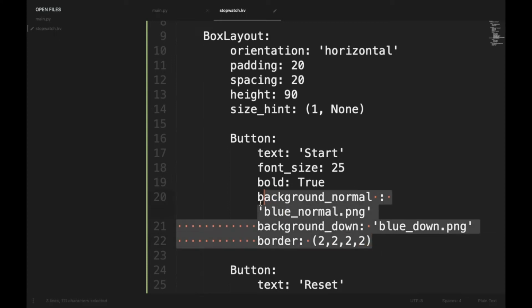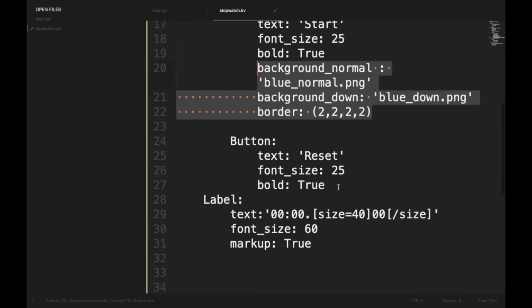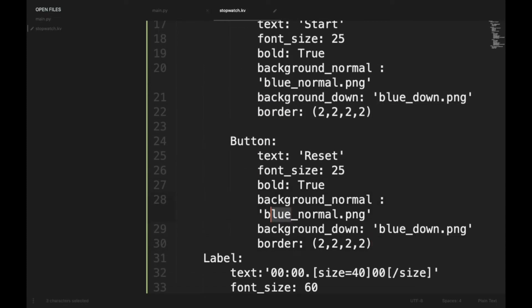Let's copy this, and here instead of blue we will do red.